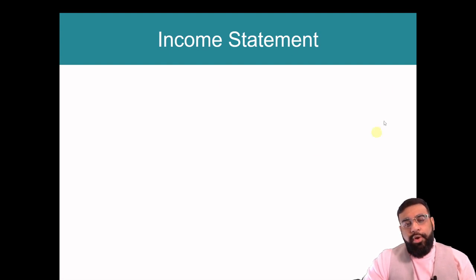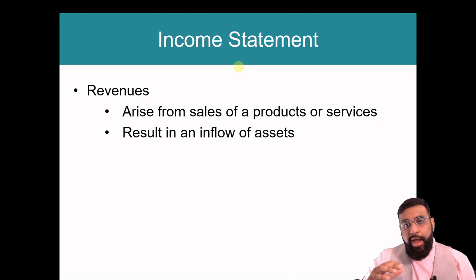In this video, we're going to dive into the income statement in more detail. Remember, the income statement, or the consolidated income statement, or the statement of financial performance, it all means the same thing. So the income statement comprises revenues minus expenses, which gives us profit. So revenues arise from sales of a product or services and result in an inflow of assets through either cash